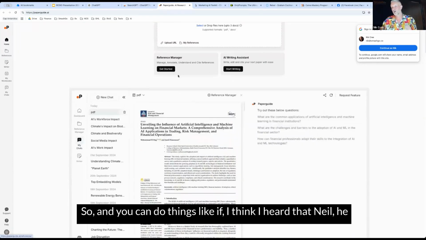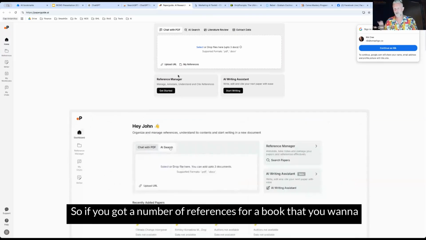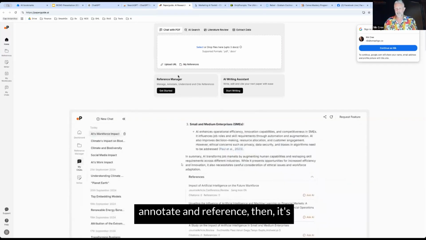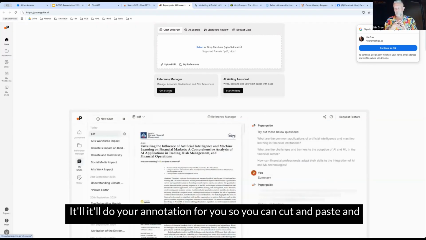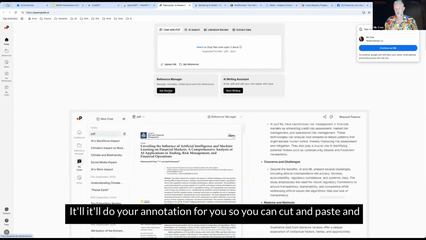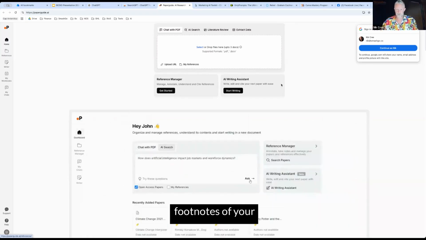You can do things like, I think I heard Neil talk about he's writing a book. So if you've got a number of references for a book that you want to annotate and reference, then it's got this reference manager here too, so you can just click that. It'll do your annotation for you, so you can cut and paste and put that at the back of your book or at the footnotes of your